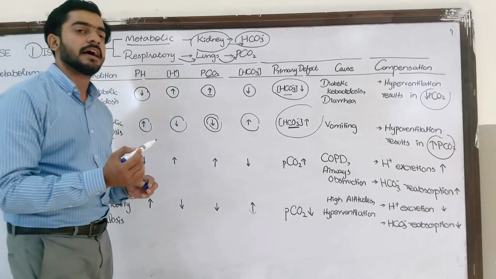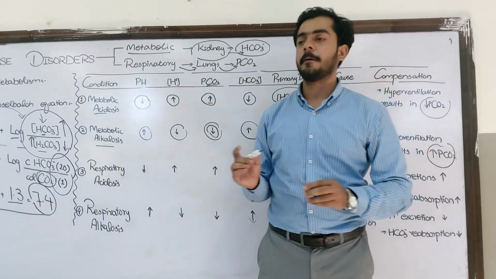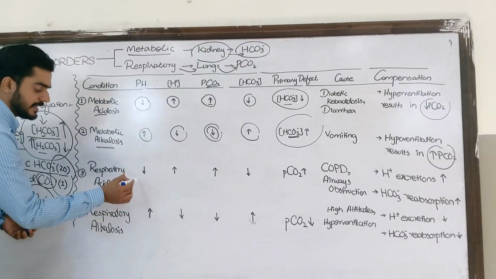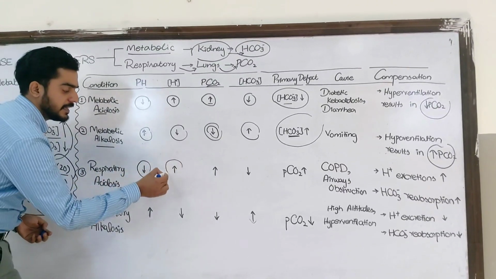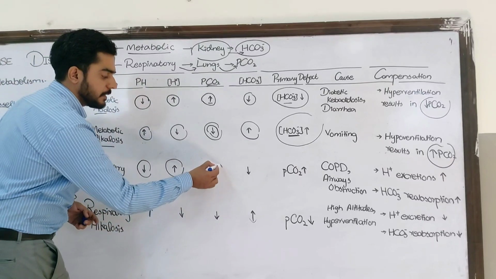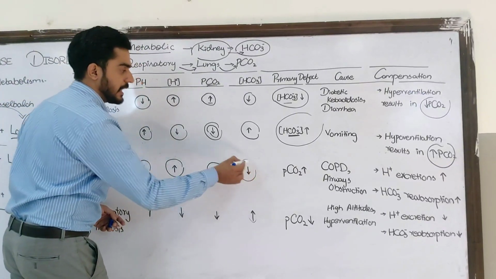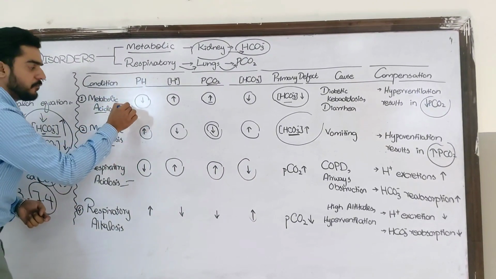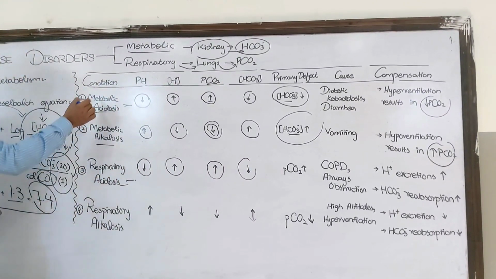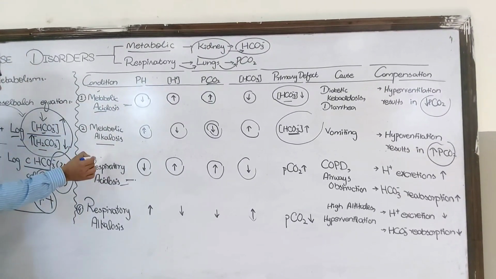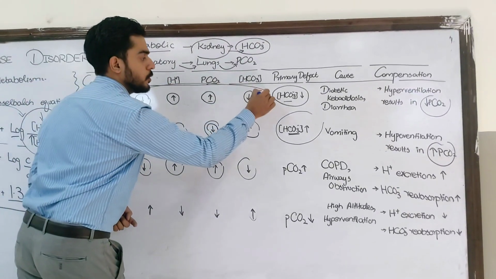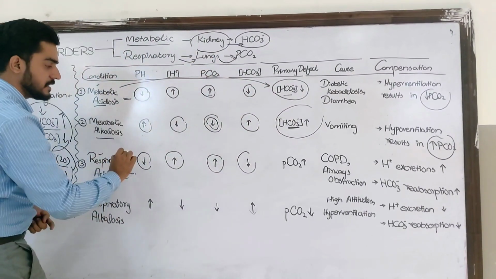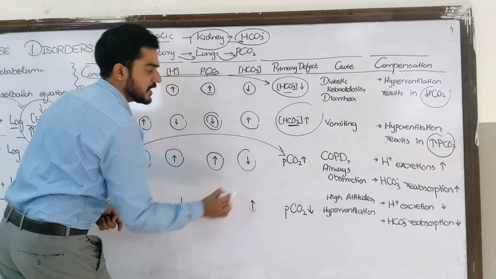Now the primary defect lies in the respiratory compartment. And as we have defined acidosis and alkalosis, respiratory acidosis means decrease in pH, increase in hydrogen ion concentration, increase in the partial pressure of carbon dioxide, and decrease in the bicarbonate. These four things are the same as in metabolic acidosis. But the major difference between the metabolic and respiratory is the primary defect. There is a primary defect in the metabolic compartment involving the kidneys, and in respiratory it involves a major defect in the